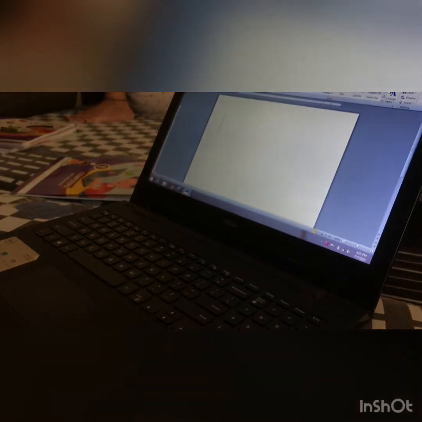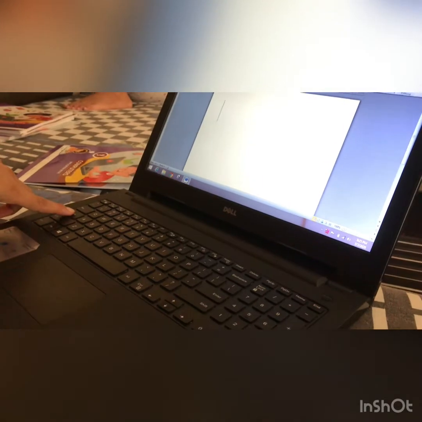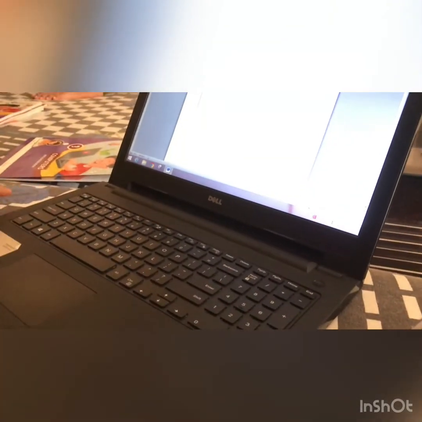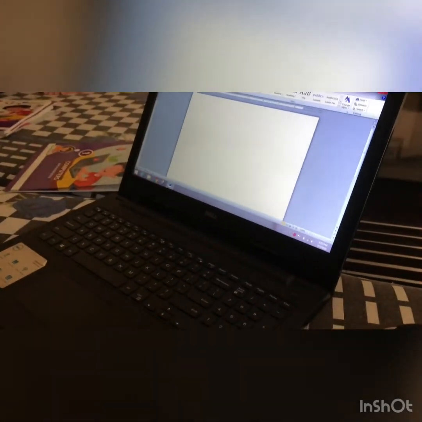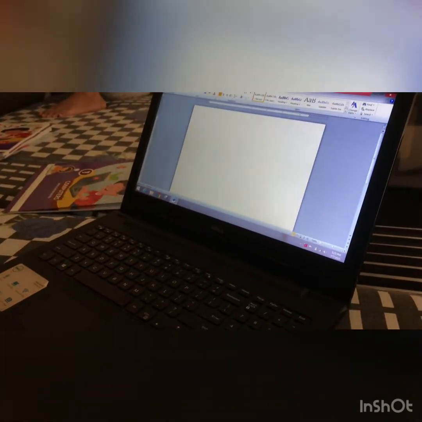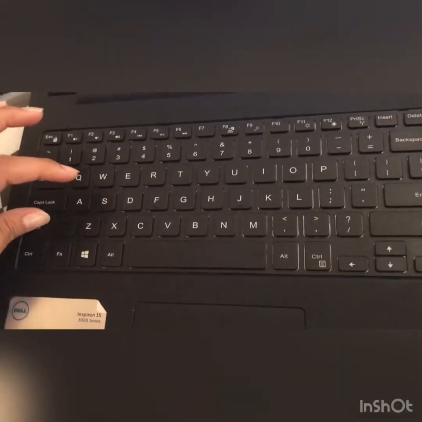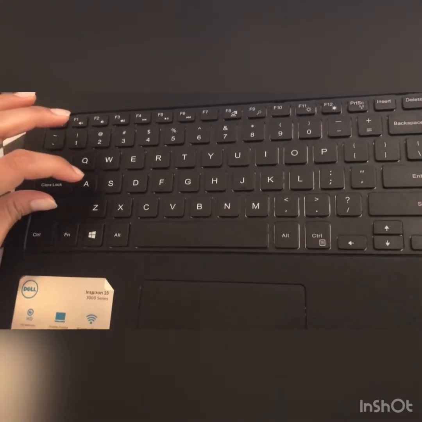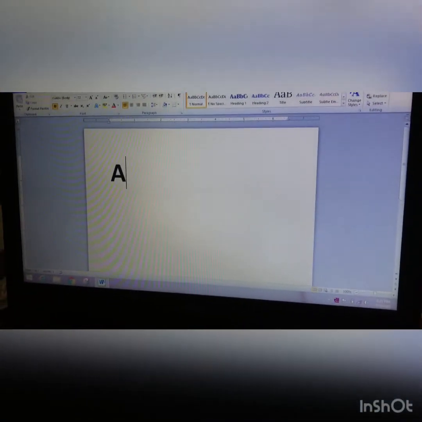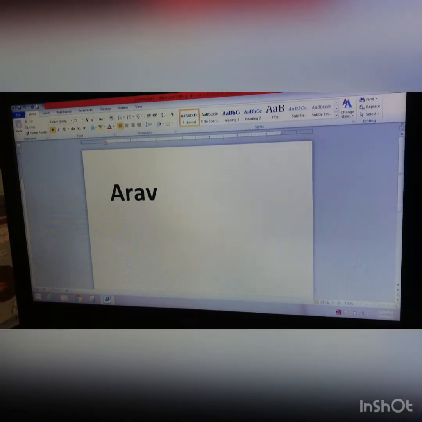So students, now I would like to ask you, without using caps lock key, how will I write capital letters? Now I can use shift key to write capital letters. See here. First I will press shift. For example, I want to write the spelling of Arnav. So I can press A. So you can see on my screen A is in capital, and then after that I write the name Arnav.